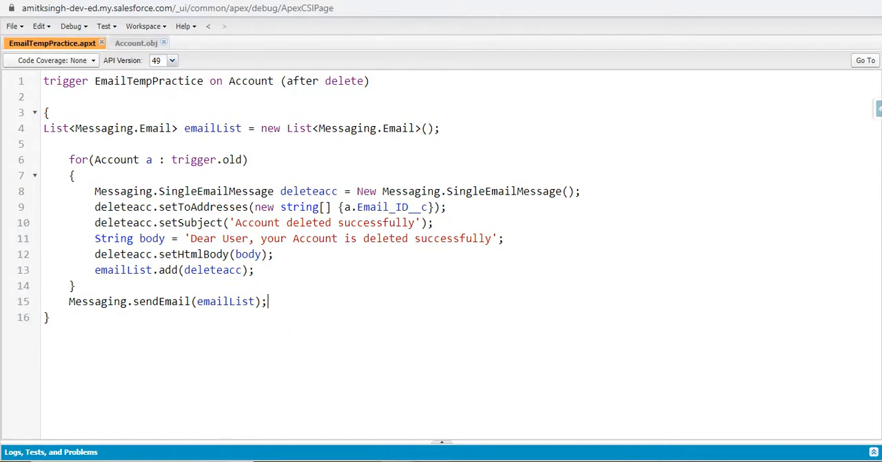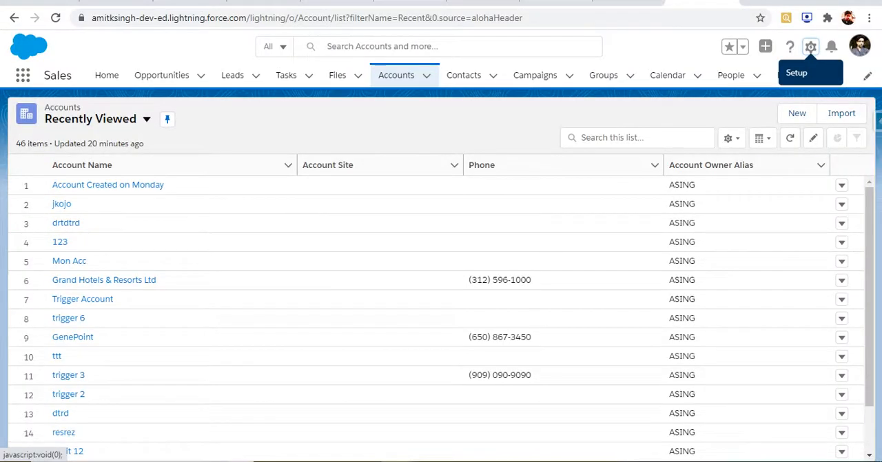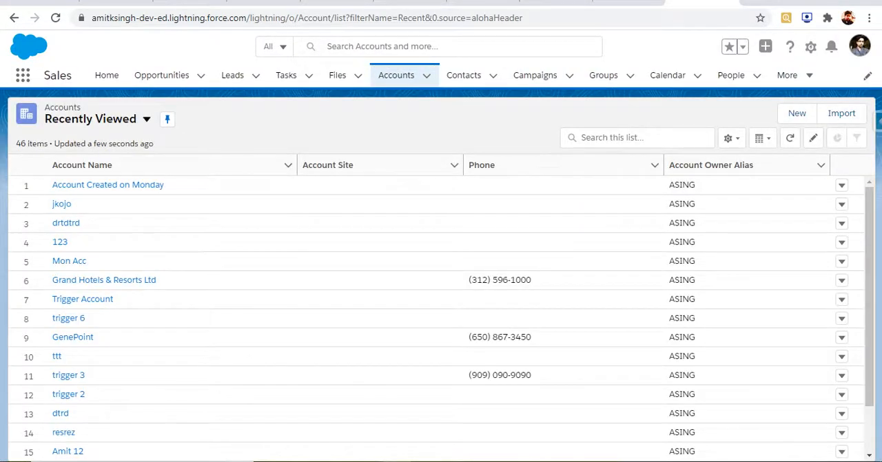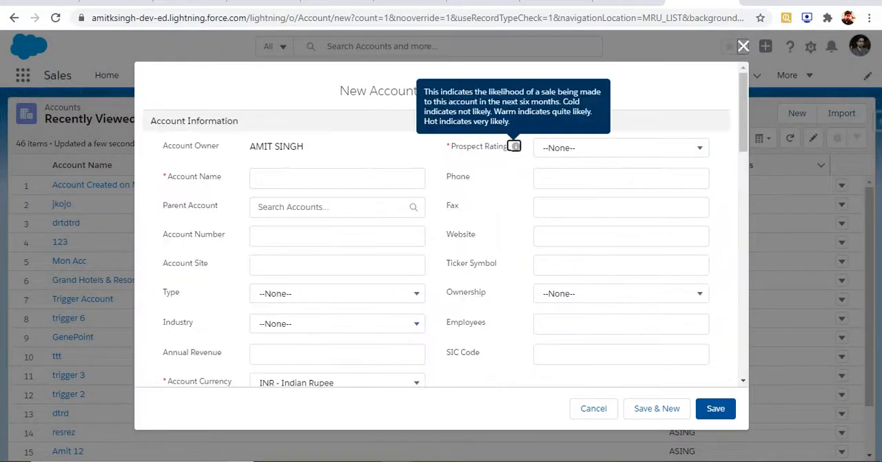So this is my code, for which I'm trying to show you that after account deletion successfully, the user should receive an email regarding his account deletion. So that particular email will contain subject as account deleted successfully, and its body contains dear user, your account is deleted successfully. So let's now check whether this trigger is working or not. Just navigate back to your account screen and just refresh the page once. Navigate back to the account page, and now I will show you the functionality of the trigger on a